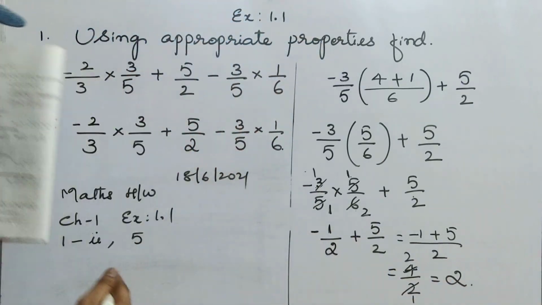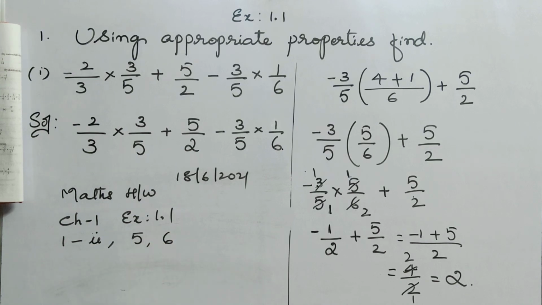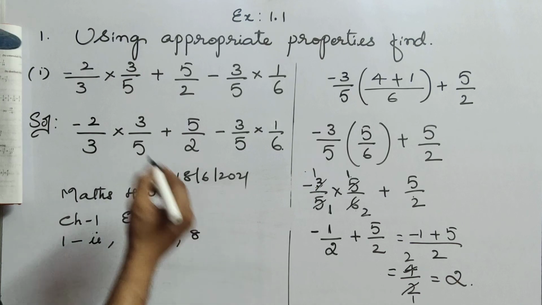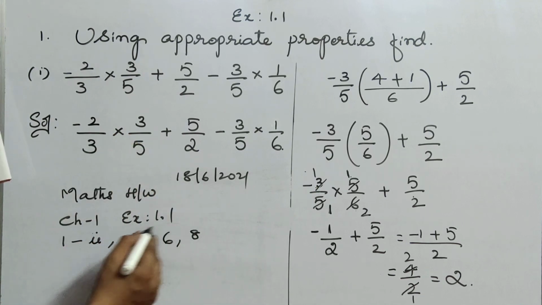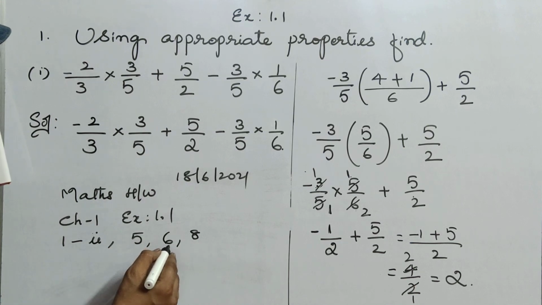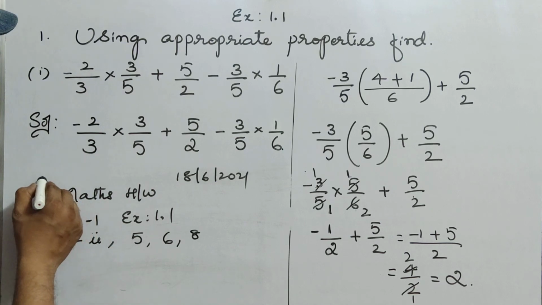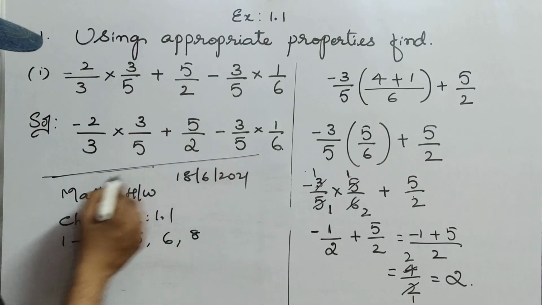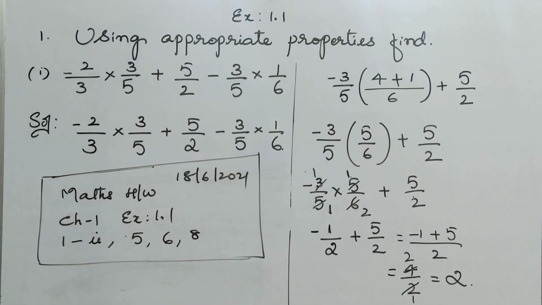Okay. And even the sixth sum also you can do it as homework. Okay children, 6 and 8. So 5, 6, 8 sums. That means first Roman, exercise 1.1, first Roman, second one, fifth one, sixth one and eighth one. As I told you, copy it very neatly in handwriting in the homework book, children. I am observing some children are sending me homework but not neat handwriting. Okay, so copy this one in your diary.